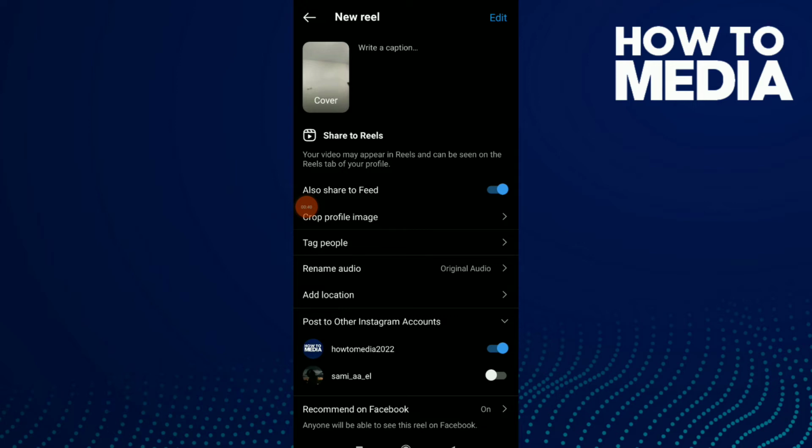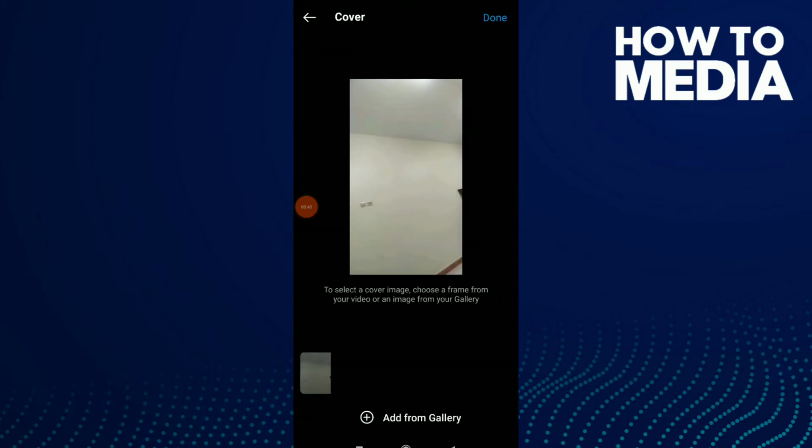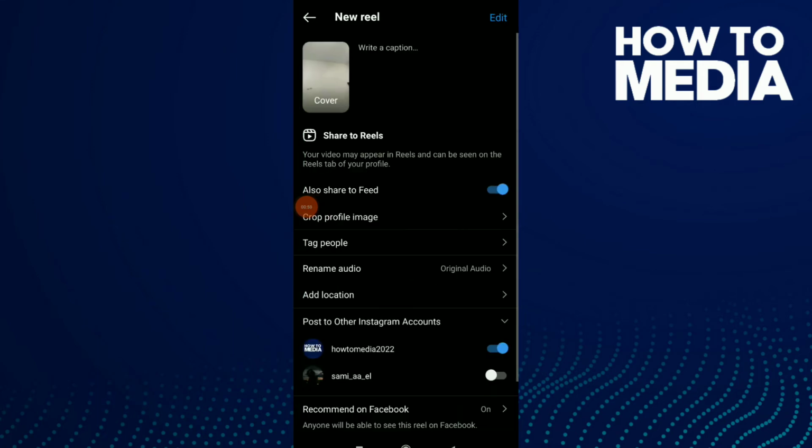Now you can edit, tag people, rename audio, write a caption, and click on the draft. You can also edit cover image, or you can add cover image from your gallery. Now and just click on edit,